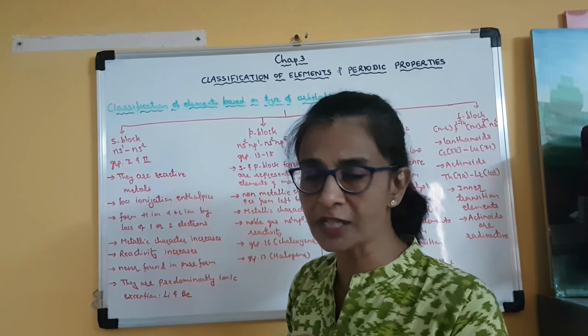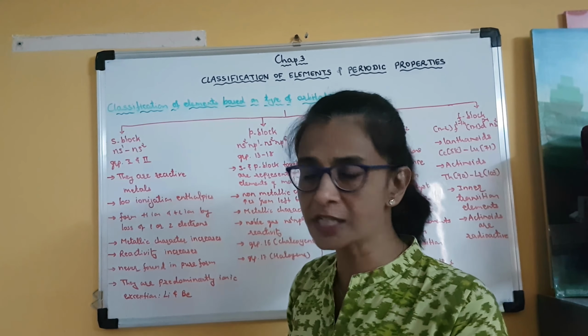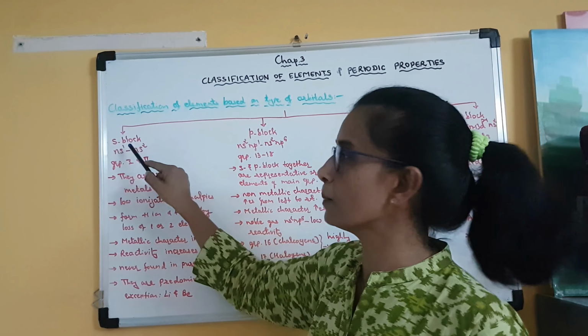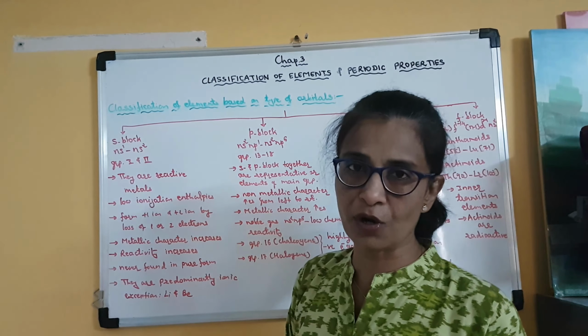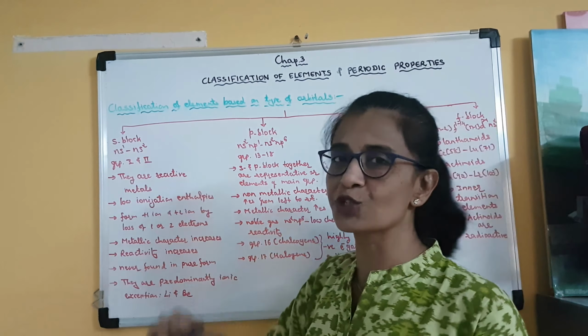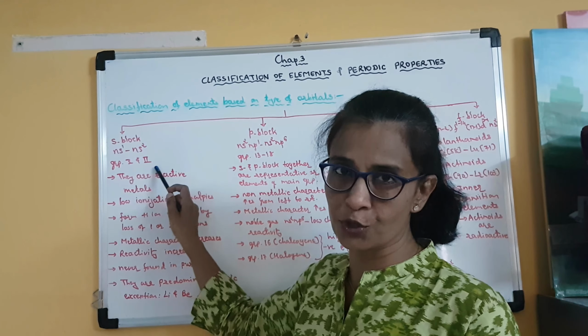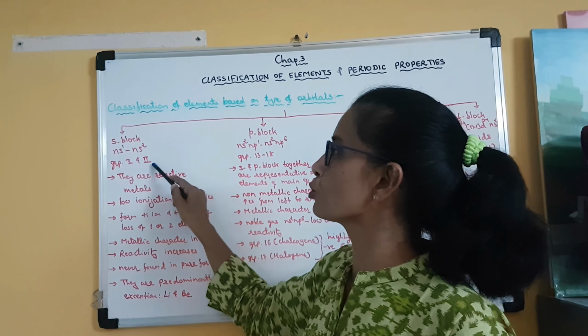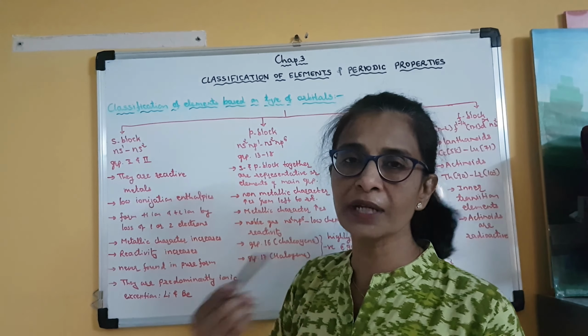If we talk about the first period, then n is equal to 1. If we talk about the second period, then n is equal to 2, like that. Clear? Whatever is written as an exponent, that is the number of electrons. So S block elements have the general electron configuration either ns1 or ns2. Now which elements of the modern periodic table belong to the S block? That is the elements of group 1 and group 2. Group 1 elements have the general configuration ns1 and group 2 elements have the general configuration ns2.